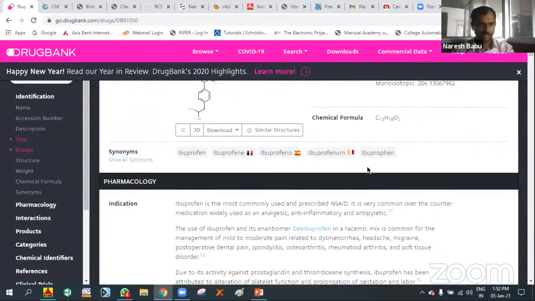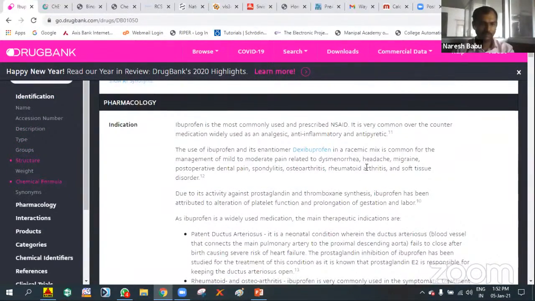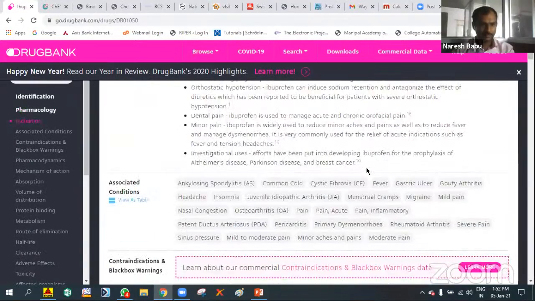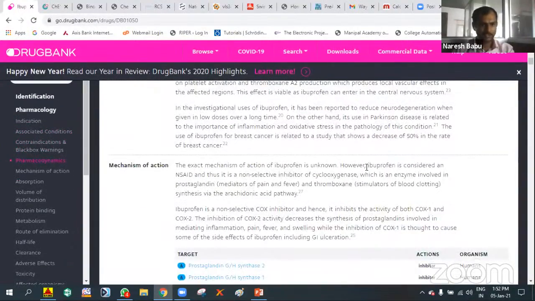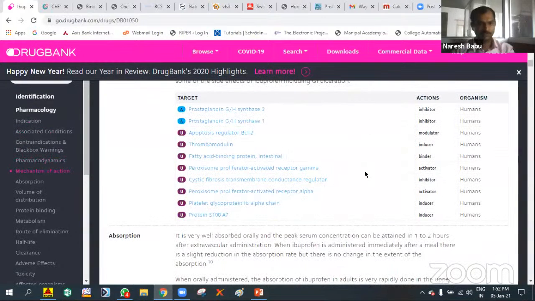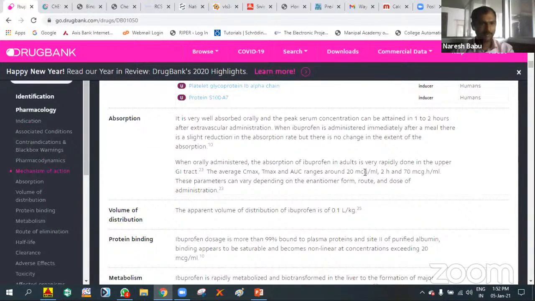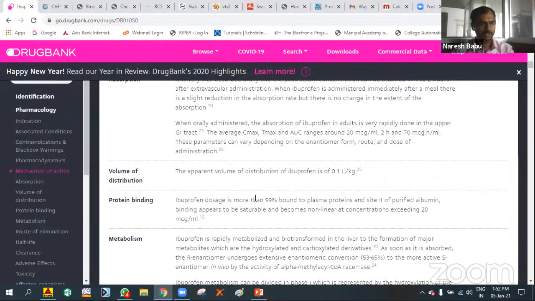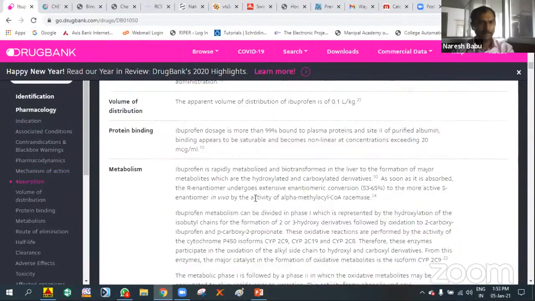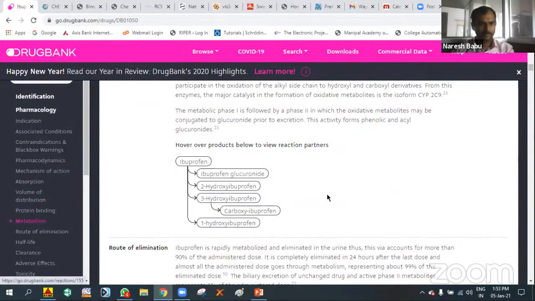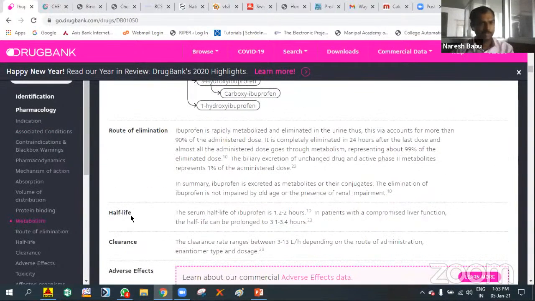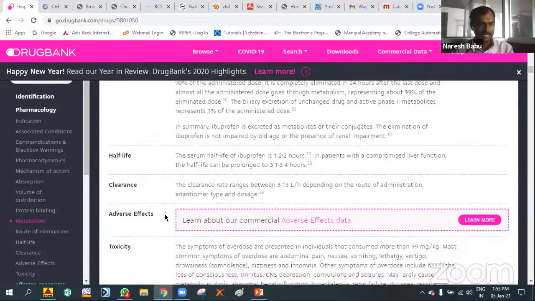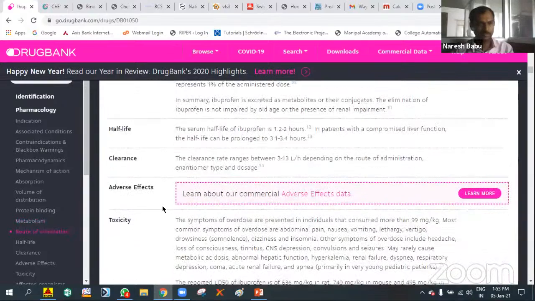and structure, its weight and synonyms, and the indication, that is, the pharmacology indications it is giving, and pharmacodynamics related to ibuprofen, mechanism of action, clearly we can observe, and the ADME properties: absorption, volume of distribution, protein binding of the drug, metabolism. How it undergoes metabolism, it gives in a clear reaction pattern, and route of elimination, half-life of the drug, and clearance, different adverse effects, toxicity,